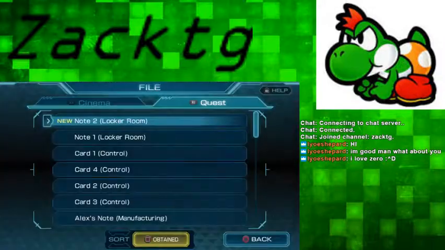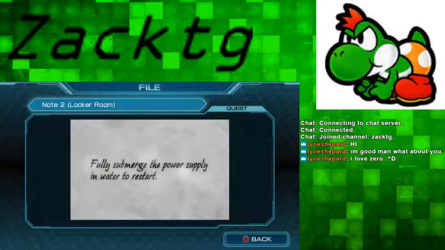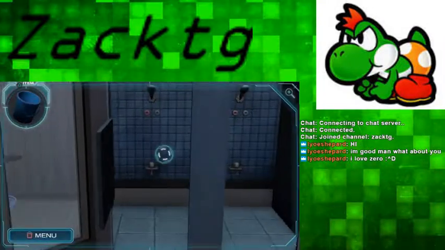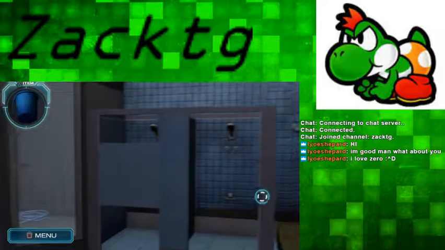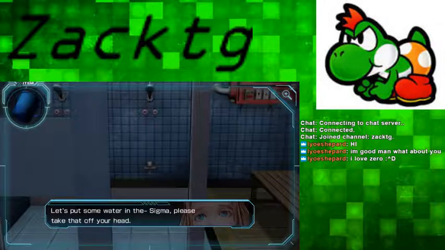There's a note on the wall. Okay, so we got one more note to find in this room, looks like. Fully submerge the power supply in water to restart. Okay. And this is the only one that doesn't have the door, so maybe it's important. Let's put some water in the...